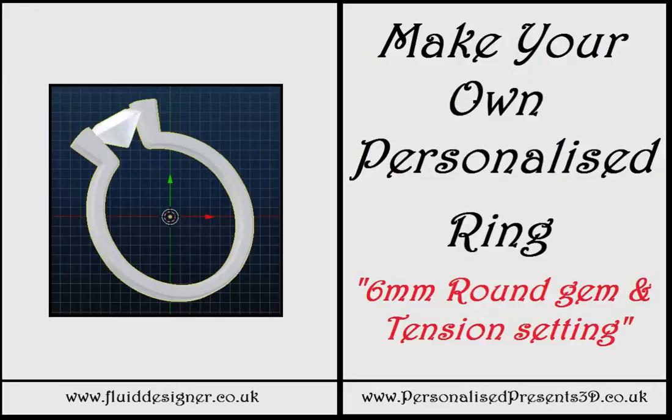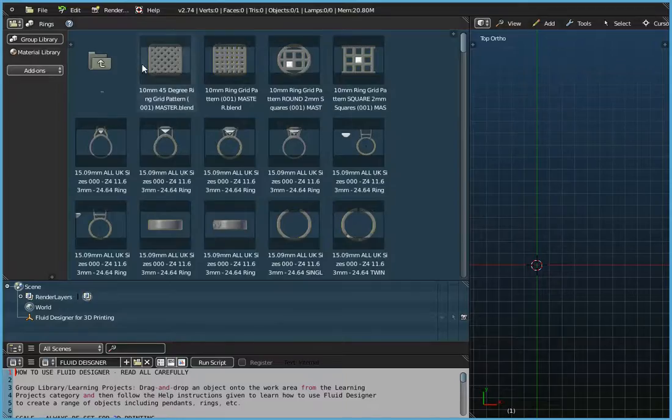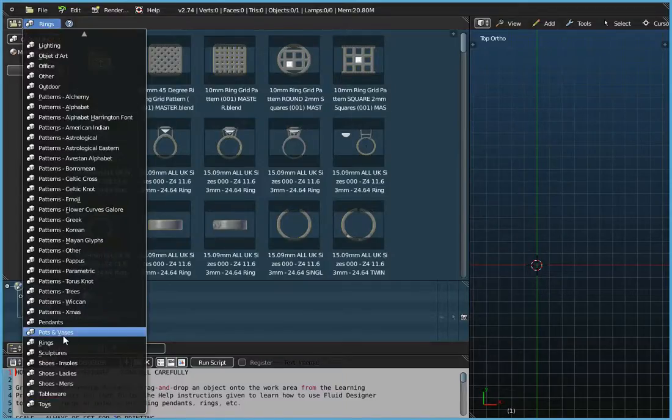Hello there. In this video we're going to show you how you can make your own personalised ring with a 6mm round gem and a tension setting as shown in the image there. So if you start Fluid Designer up, the first thing you need to do is to go to the rings